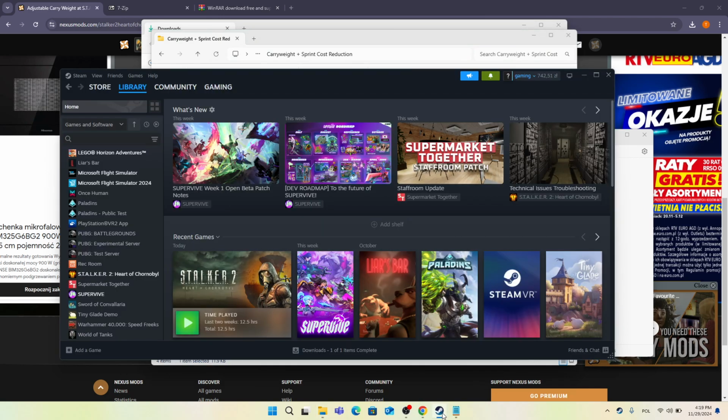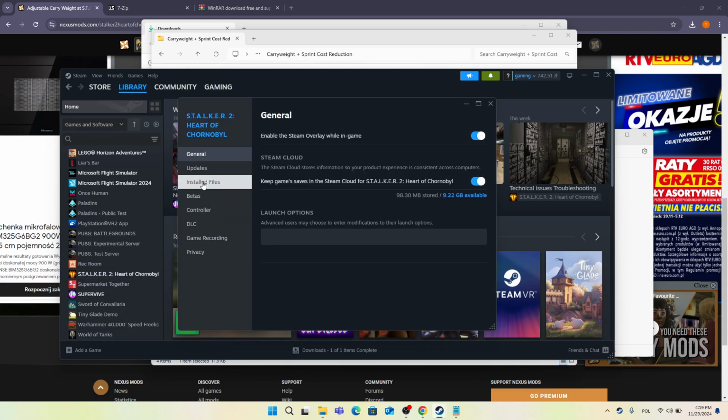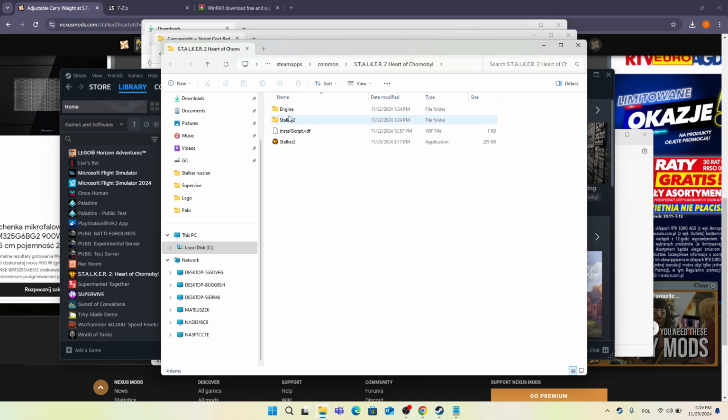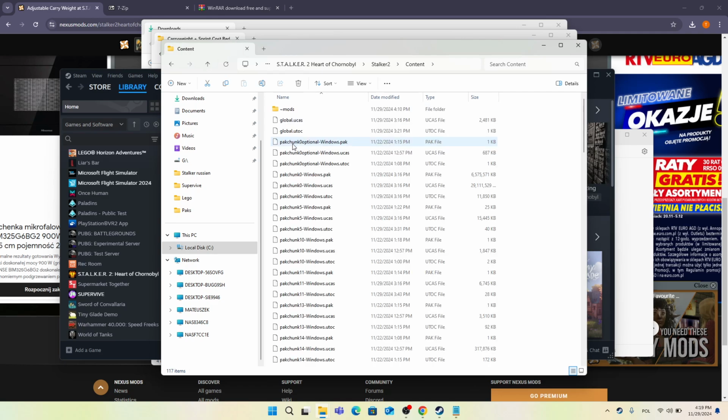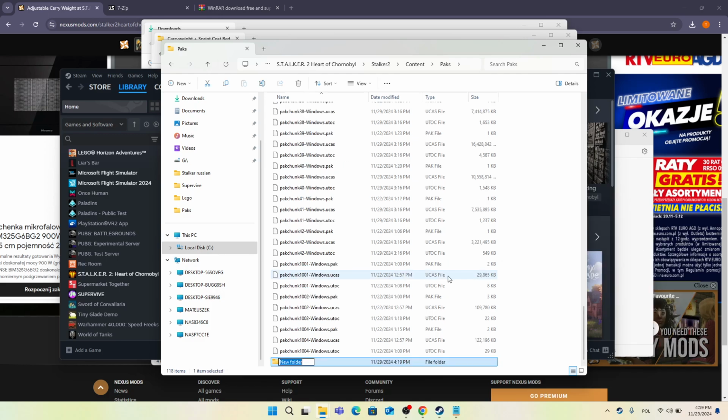To do that, go to the Steam app, then in your library find Stalker 2. Right click on it and click on properties, then installed files, browse, Stalker 2, content, packs, and find this folder. If you don't have it, that means that you haven't created it yet, and to create it, just right click anywhere on some free space and click on new folder, then name it ~mods. It may work without a tilde, but it's more likely to work with the tilde before mods,